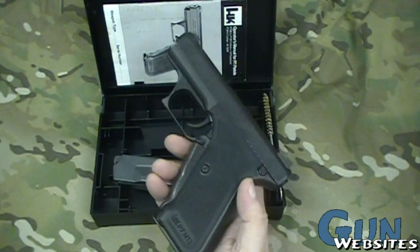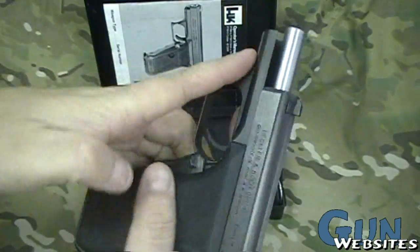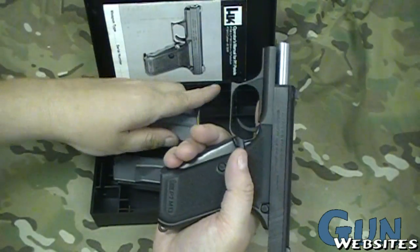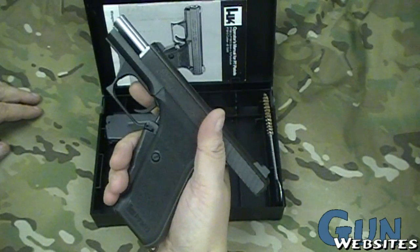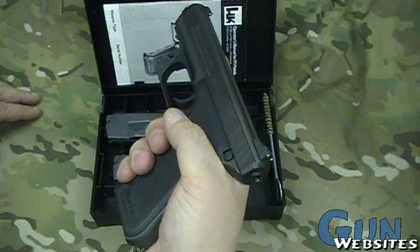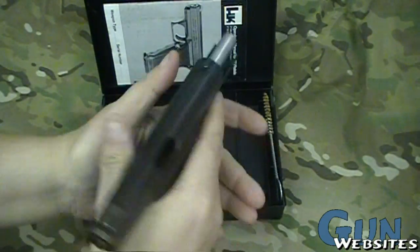Like I said, it's a squeeze cocker, so it's a different type of manual of arms than standard pistols. We're going to go ahead and pull the slide back. I have to do it on an empty magazine on this particular gun in order to keep the slide back. But we'll take a closer look at the magazine in a second. Now we can see that it's empty. And in order to drop the slide, there's no slide release on this one. You just squeeze this lever on the front of the grip. So if you had an empty magazine,